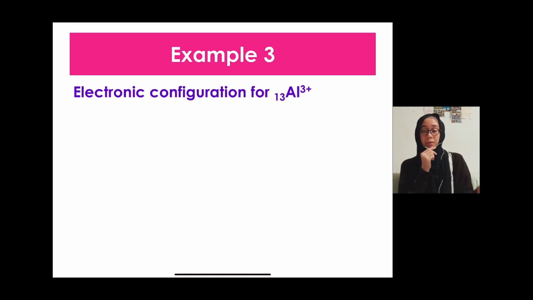Right, now kita pergi kepada ion. Okay, so ion here it shows that proton ada 13, but then 3 plus meaning it donates its electrons. So now the number of electrons that we have here, kalau proton ada 13, tapi since dia donate elektron, bermaksud elektron kita sekarang ni tinggal 10. Initially elektron kita ada 13, tapi sebab dia donate 3, so tinggal 10 sahaja. Okay, jadi now your SPDF notation,